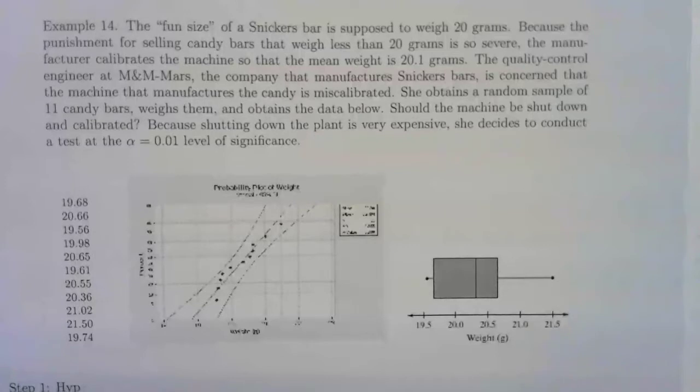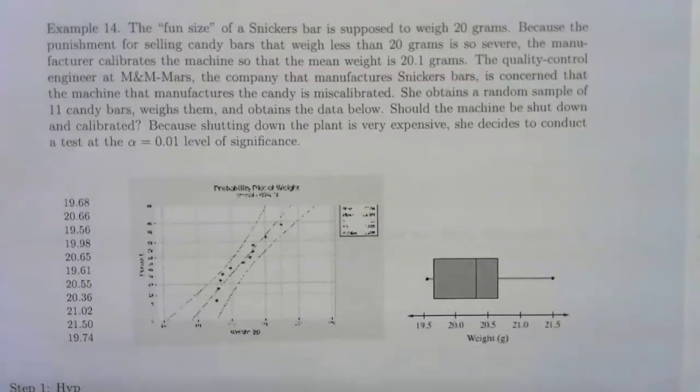The fun size of a Snickers bar is supposed to weigh 20 grams. Because the punishment for selling candy bars that weigh less than 20 grams is so severe, the manufacturer calibrates the machine so the mean weight is 20.1. The quality control engineer at M&M Mars is concerned that the machine that manufactures the candy is miscalibrated. She obtains a random sample of 11 candy bars, weighs them, and obtains the data below. Should the machine be shut down and calibrated? Shutting down the plant is very expensive, so she decides to conduct the test using alpha equals 0.01 as our